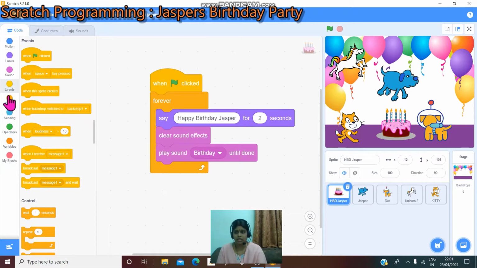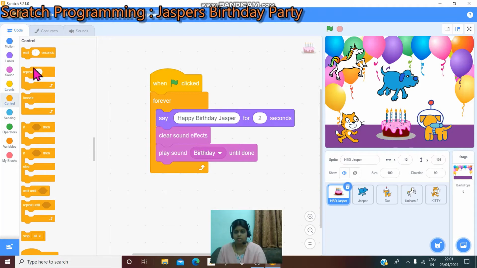So you can select control blocks. You see there is a forever block in this area, drag the forever block underneath when flag clicked and keep it in the scripts area. Then you can give happy birthday Jasper.